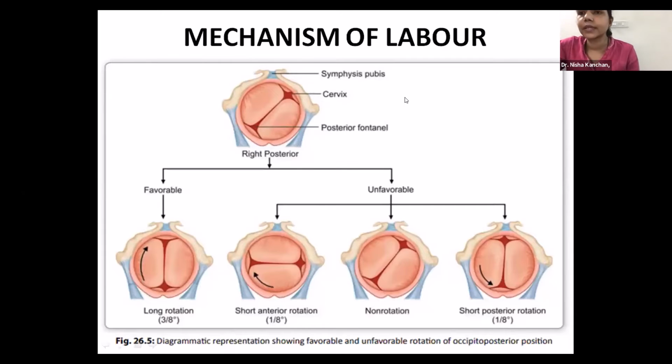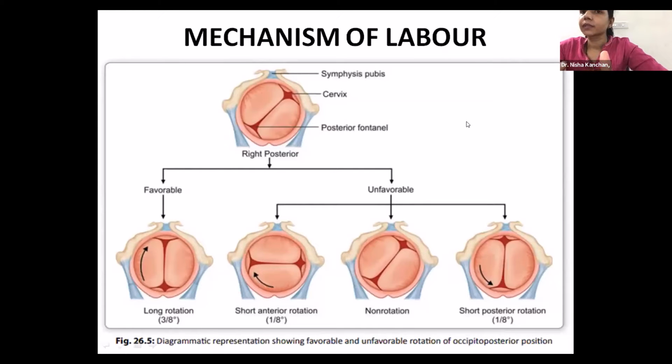Now, this is a very interesting thing which happens where the occiput rotates posteriorly. As I told you, this is an exception to the rule. The purpose of internal rotation is to get the denominator behind the pubic symphysis. So in LOT, LOA, and long rotation 3/8 of a circle, the denominator occiput moves behind the symphysis pubis. The exception to the rule is short posterior rotation, where the occiput rotates posteriorly. This happens when it is an extremely deflexed head and the frontal region touches the pelvic floor. So all your internal rotation depends upon which part of the baby's head is touching the pelvic floor.